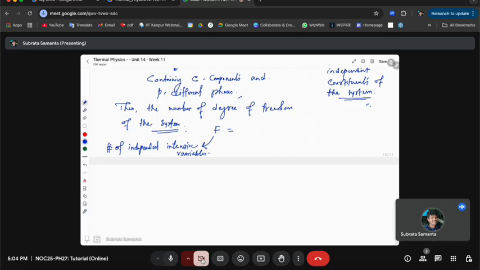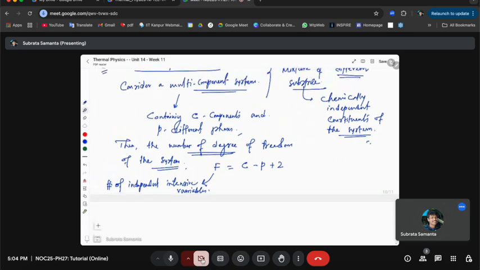So this is exactly the same F. So F is C minus P plus 2, okay, where C is the number of components, and P the number of different phases,